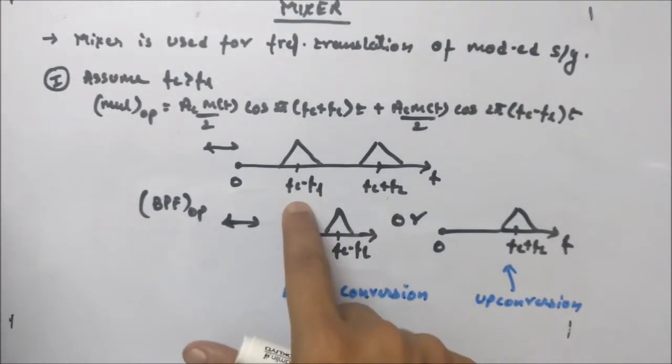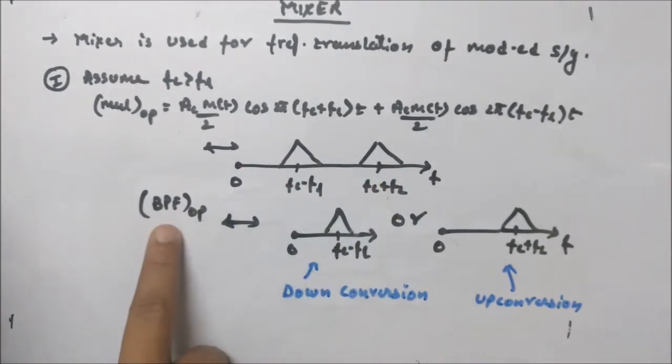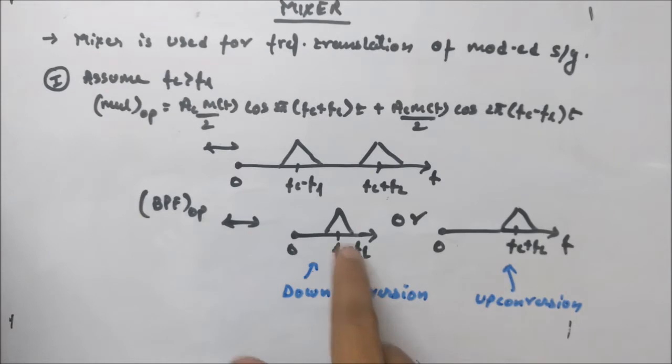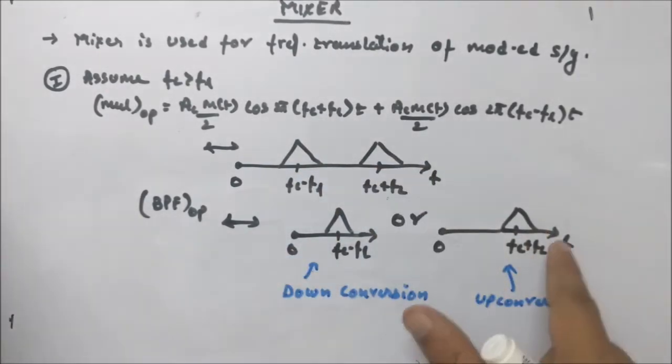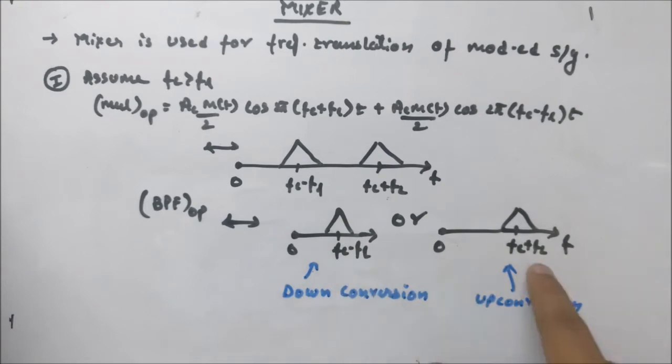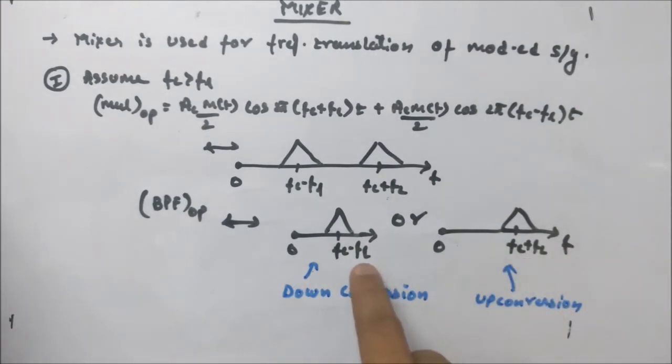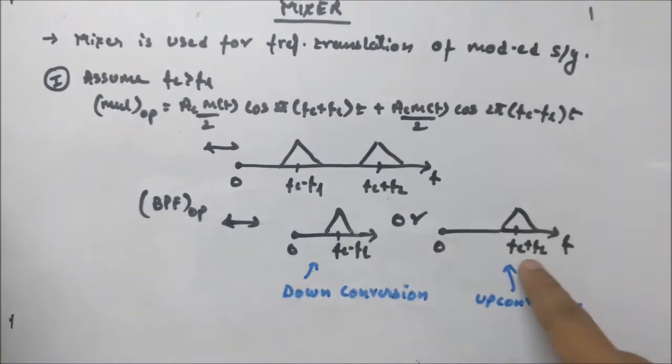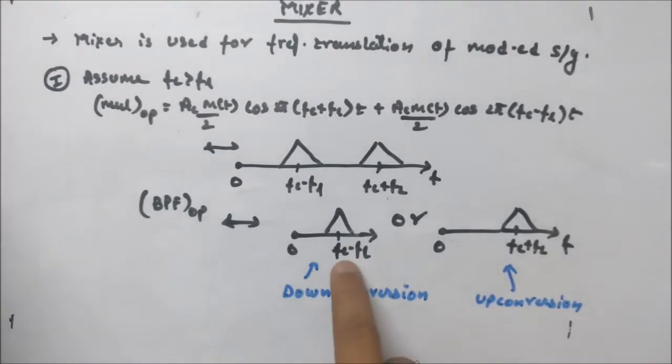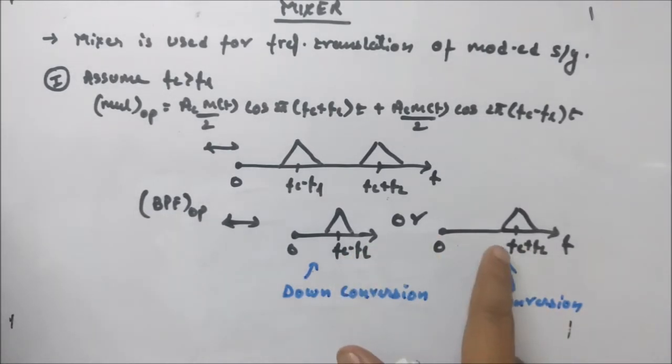The main thing is these frequencies. Now when this signal goes into the band pass filter, the band pass filter output will be either this part or this part. It means the center frequency will be fc minus fL or fc plus fL. If you have fc minus fL, that is down conversion: fc has been down converted to fc minus fL. Here fc is up converted to fc plus fL. Here fL is the local oscillator frequency and fc is your DSB-SC signal frequency. So that is how it will look. You will get either of them, not both of them.